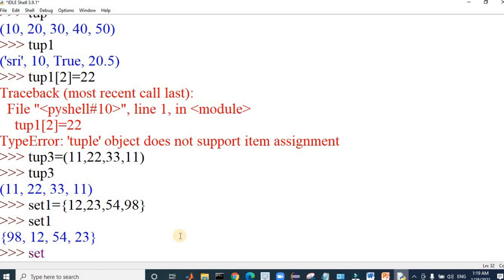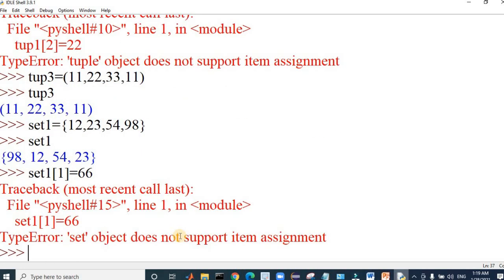Let us see if we can change any value in a set. Say I am trying to change a value. So even here the values are unchangeable. Let us see if it allows any duplicates.